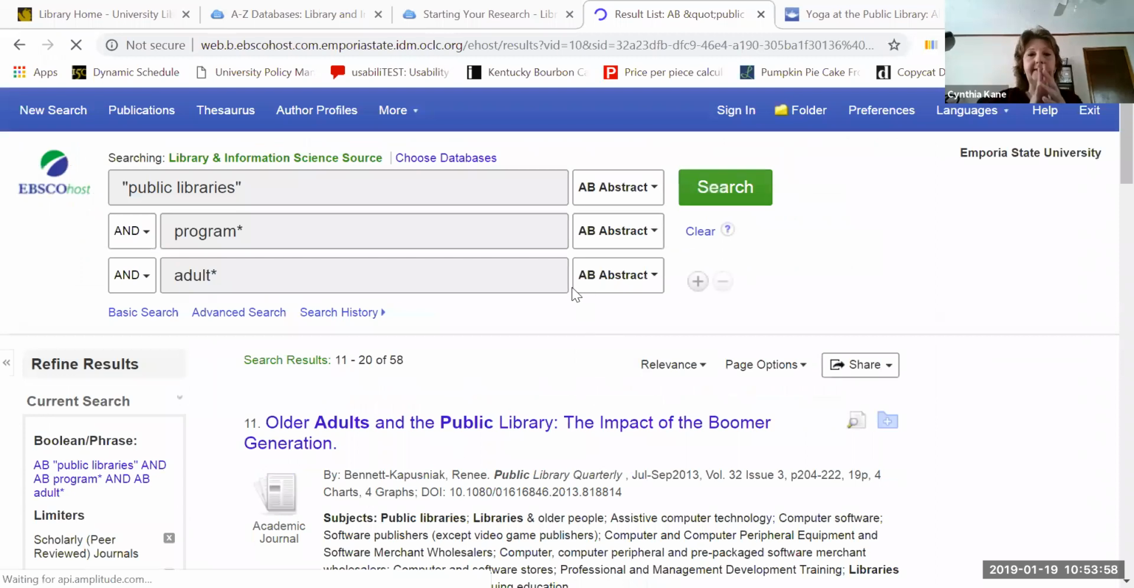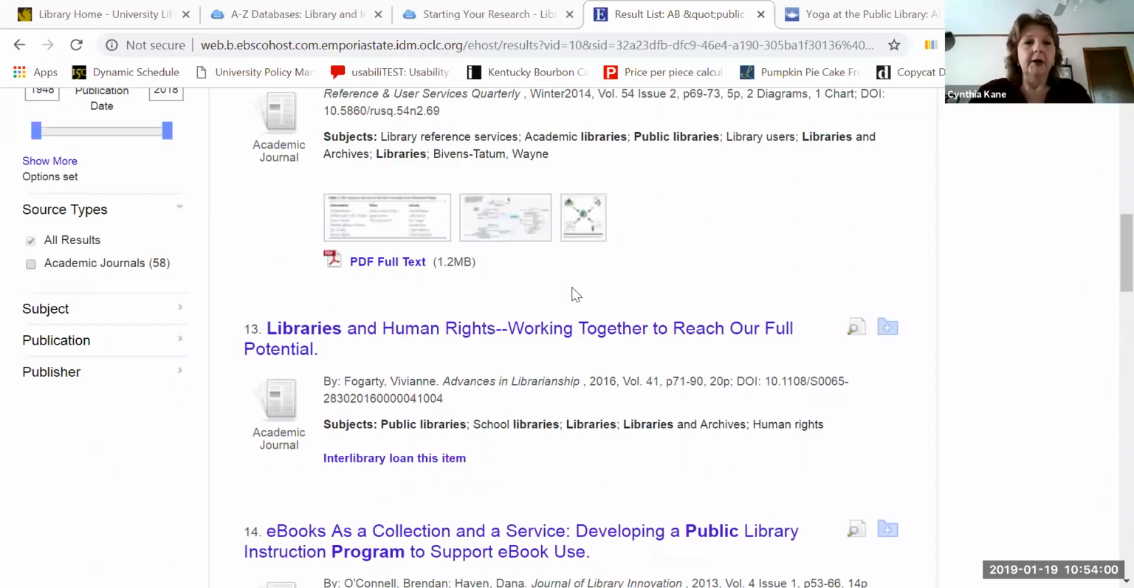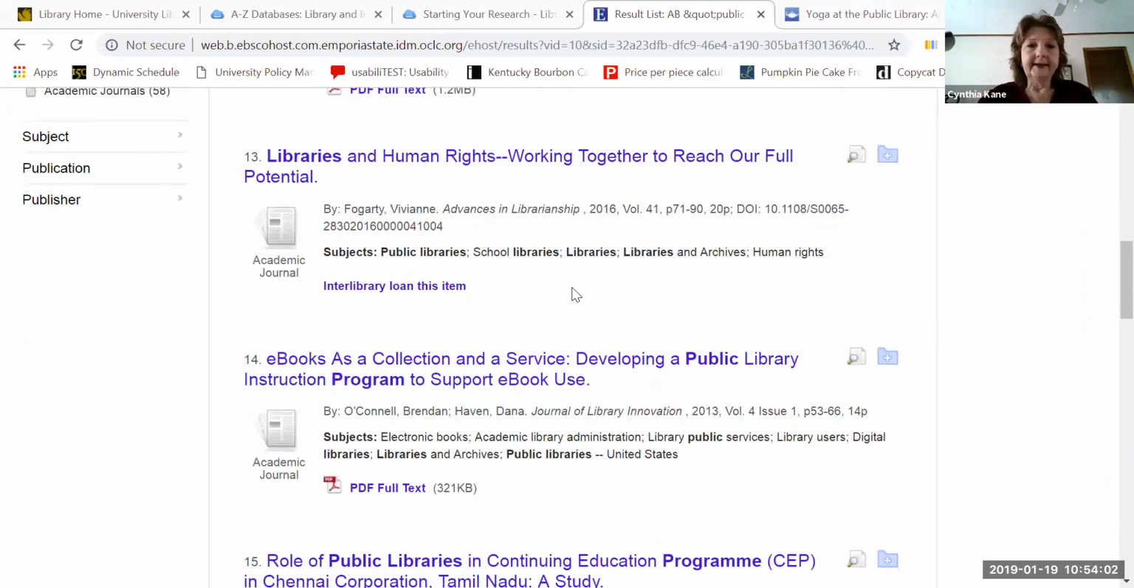And we're going to pause at this point. Record number 13 is a little bit different. This is talking about libraries and human rights working together to reach our full potential. Notice something that's going on here. I don't have a nice little link to linked full text. I also don't have PDF full text. But when I click on